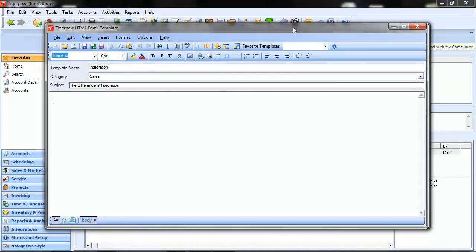Let's start at the top with our new email editing tool. Tigerpaw's email editor has been updated and enhanced to give you more options and greater flexibility when creating HTML emails